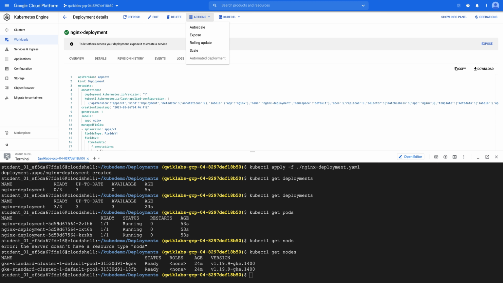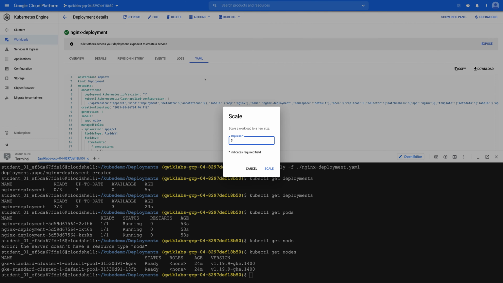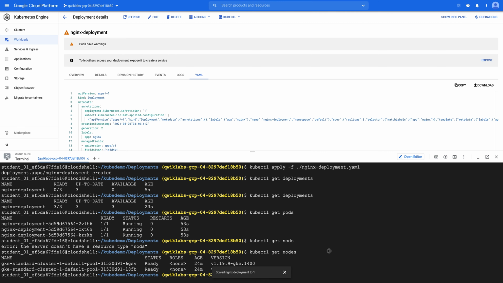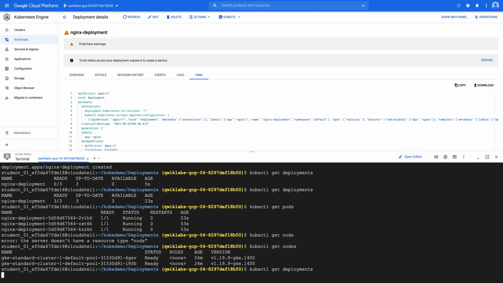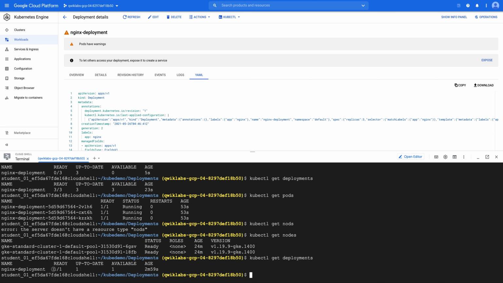So let's try to scale them. If I enter 1 from here, it's going to decrease. It's saying the work has started now. If I go and check deployments again, as you see, it has scaled down. Scale is a relative term here: if you have 3 and you give 1, it will scale down. If you have 3 and you give 5, it will scale up. So you can scale up or scale down.